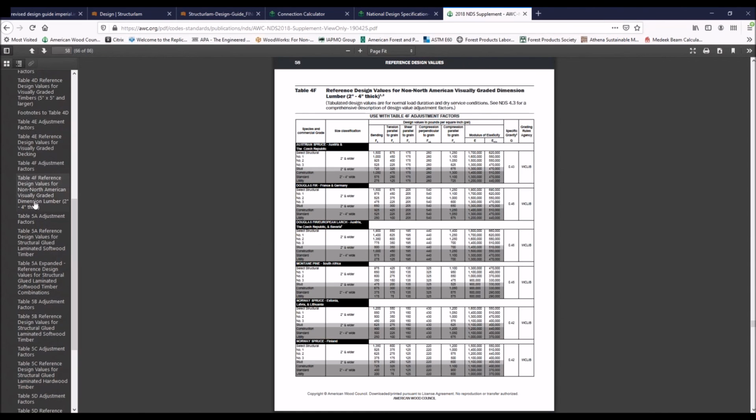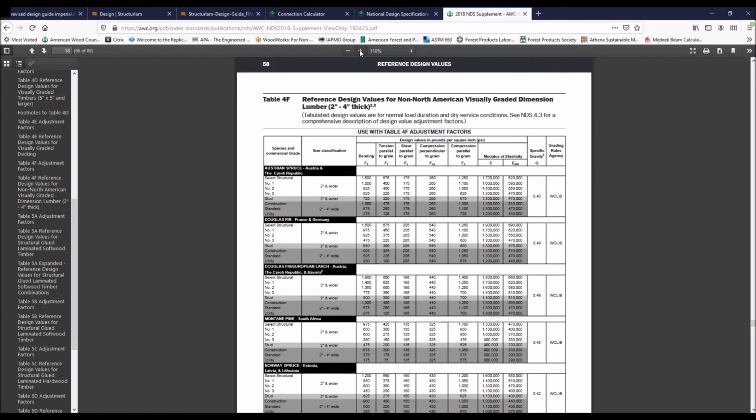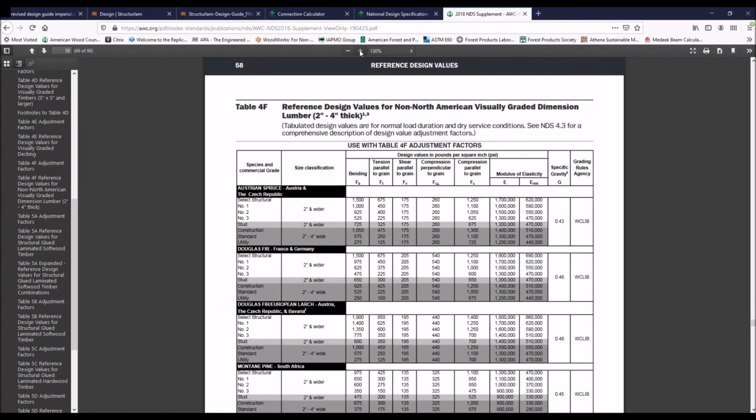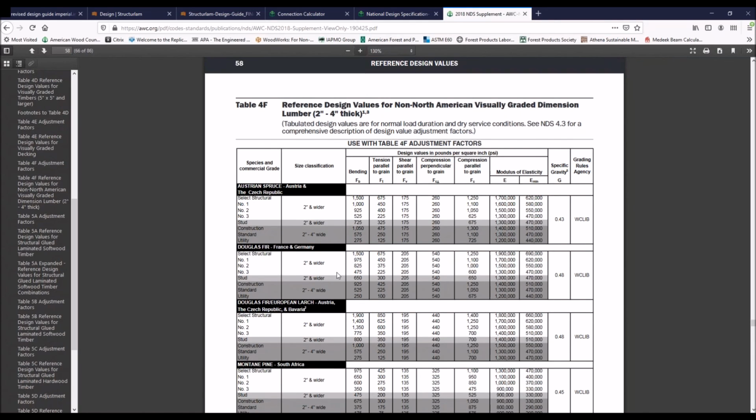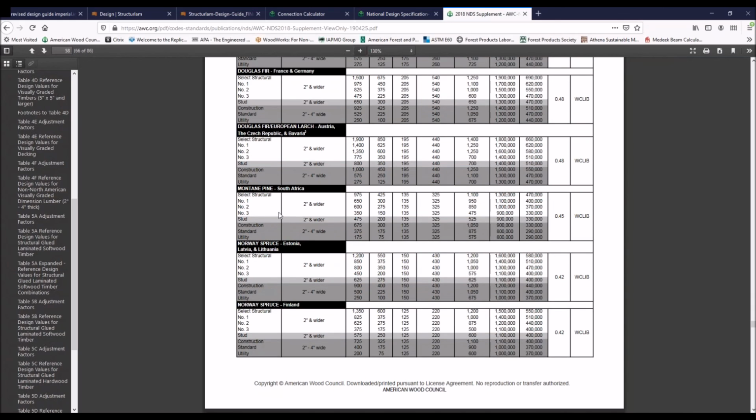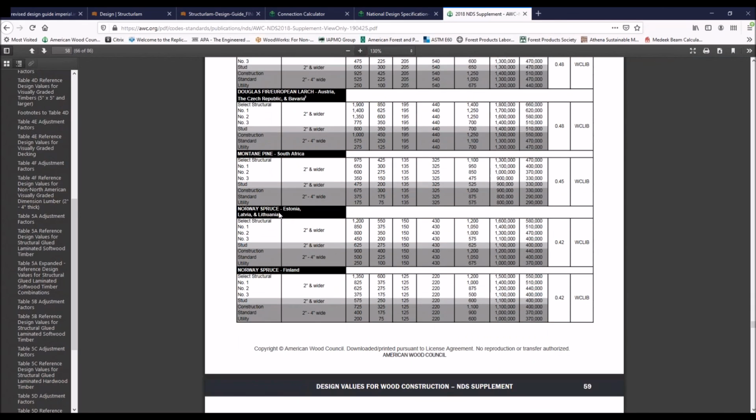here we go. Let's see, my computer's being a little wigging out. Everybody's refusing to work at this point in the day, I think. Here we go. Table 4F is our non-North American visually graded dimension lumber. So you can see there's Austrian spruce, European species, South Africa, and various others that come from all around the